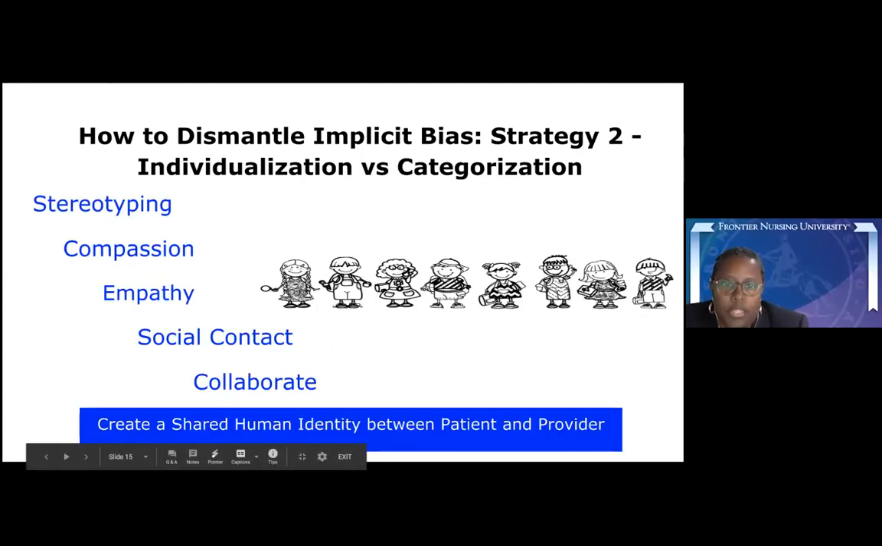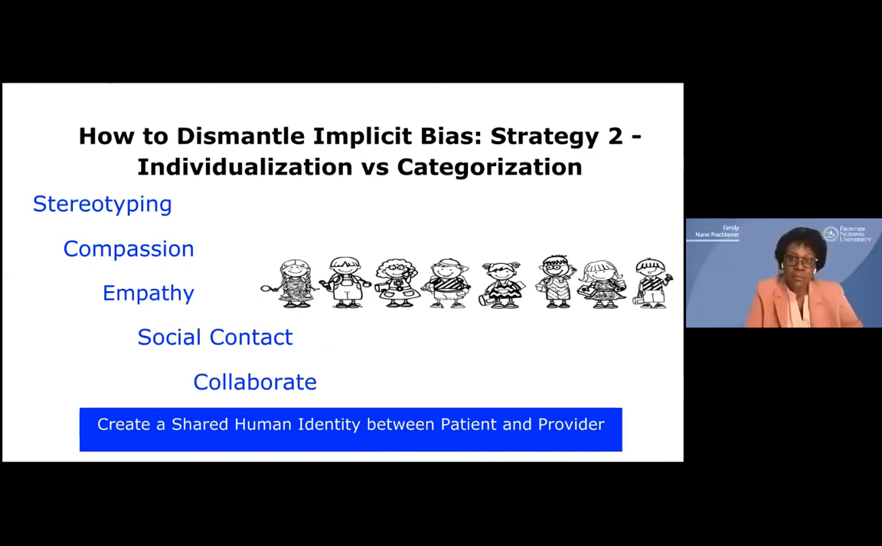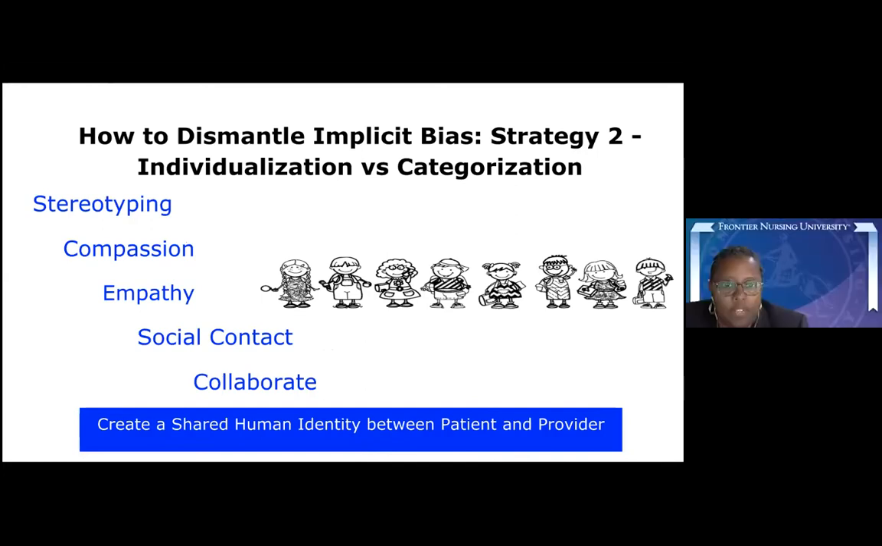It's a process that we have to continue on and on to improve. So let's move on to strategy 2. And again, these are not really comprehensive. There are a lot of other things you can do, but we wanted to bring out some things that we thought would benefit us. The next strategy in how to dismantle implicit bias is individualization versus